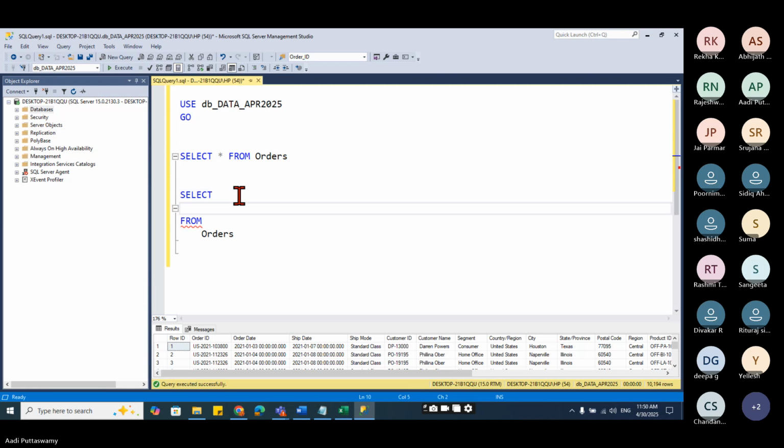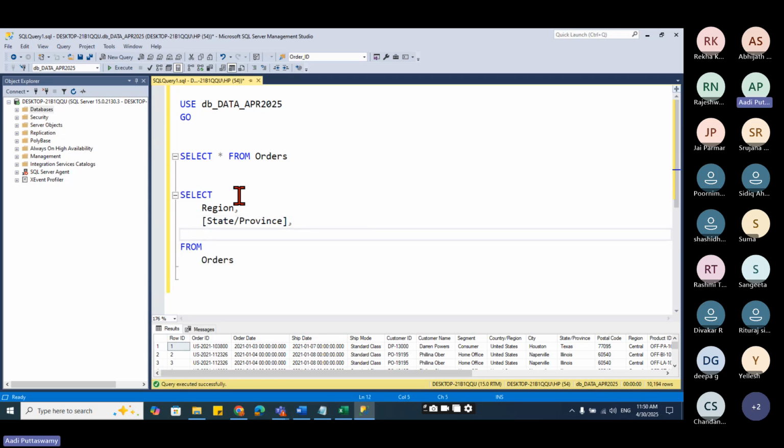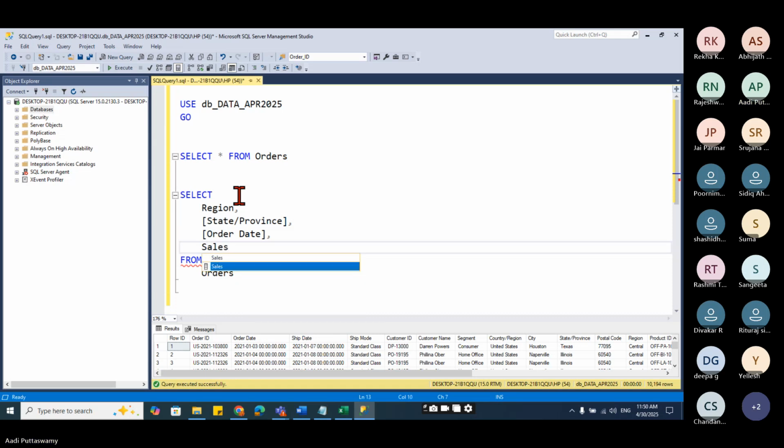Okay. Now here, I'll try to take the columns which are there in the table. Let's say I want region, comma, state, comma, and then let's say I want order date, comma, sales, and profit.